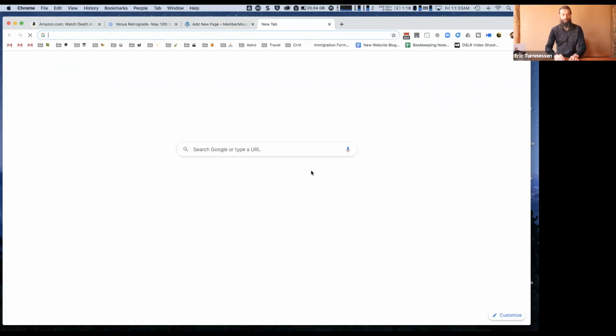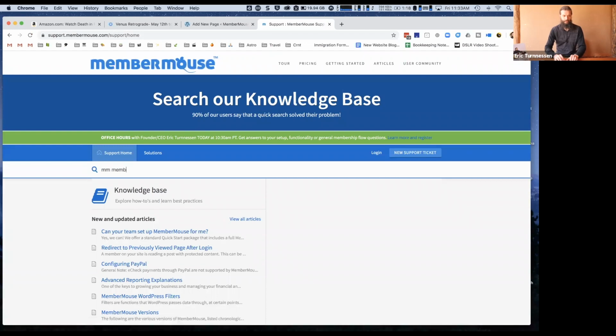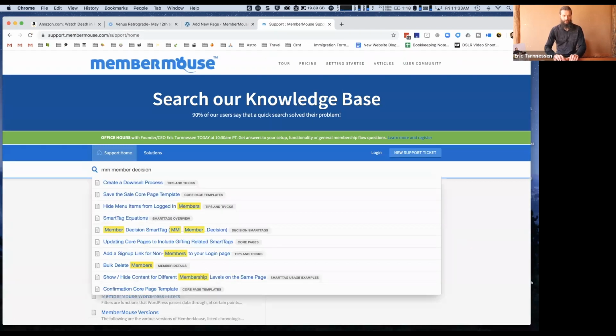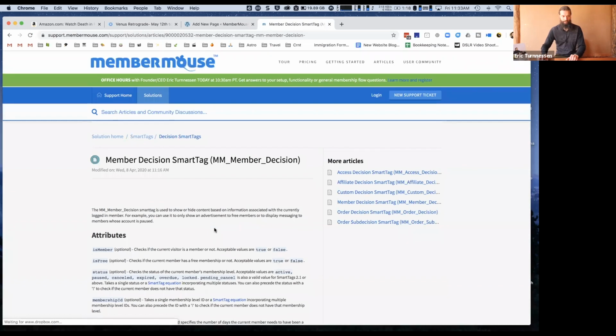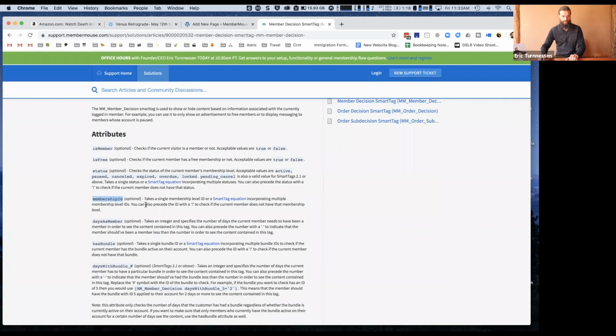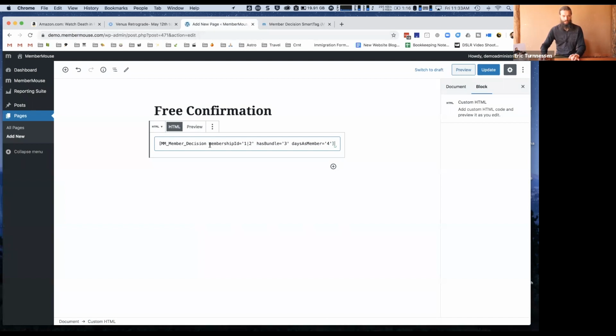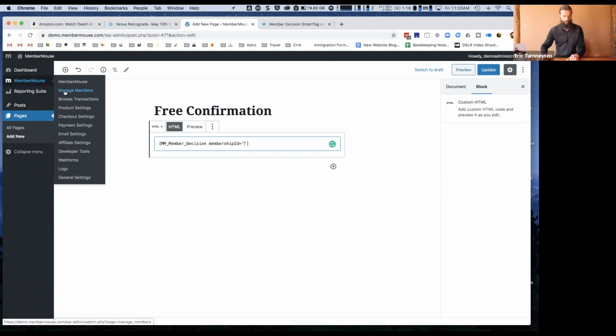free membership levels. So in order to distinguish, go to our support center and look up the member decision smart tag. And we'll see here that one of the attributes we can use is membership ID. So what we can do on the one free confirmation page is create different sections based on the membership ID. So say that you have 3 free membership levels. For the sake of argument, let's say the membership IDs for these membership levels are 1, 2, 3, but basically